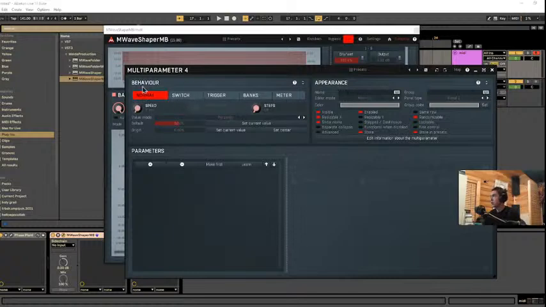Like you can have it normal, switch, trigger, banks, which is like multi parameters. It's really an insanely deep way to manage macros. There's a lot of fine-tuning control you can do in here. So how you map this